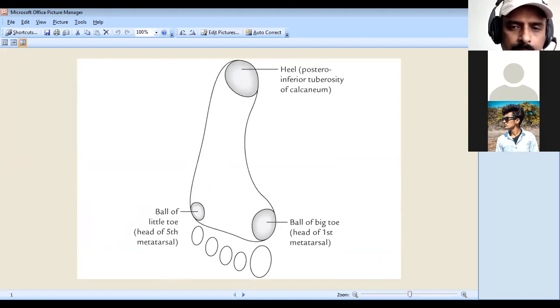So with this, I am concluding almost the whole lecture. But whatever you have to remember, in almost all the lower limb, I have shown the diagrams, and you have to practice them. With the diagrams, you can explain very well. So we are completing the whole lower limb.